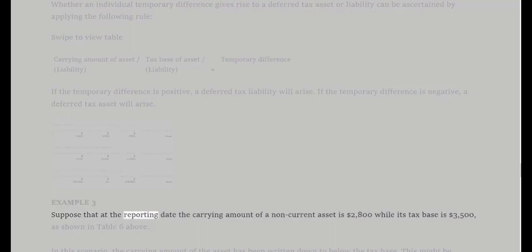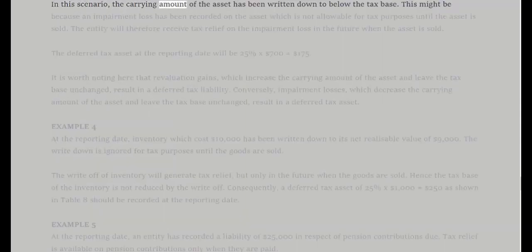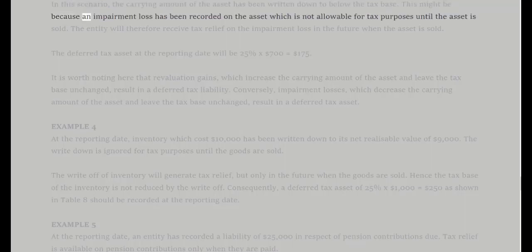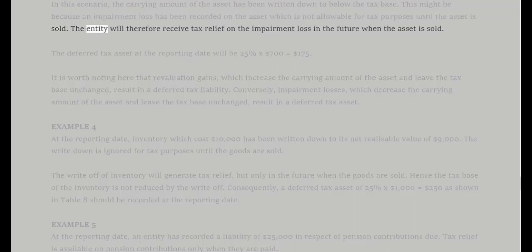Example 3. Suppose that at the reporting date the carrying amount of a non-current asset is $2,800 while its tax base is $3,500, as shown in Table 6 above. In this scenario, the carrying amount of the asset has been written down to below the tax base. This might be because an impairment loss has been recorded on the asset, which is not allowable for tax purposes until the asset is sold. The entity will therefore receive tax relief on the impairment loss in the future when the asset is sold. The deferred tax asset at the reporting date will be 25% x $700 equals